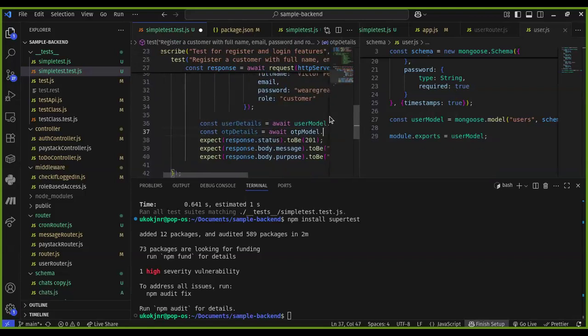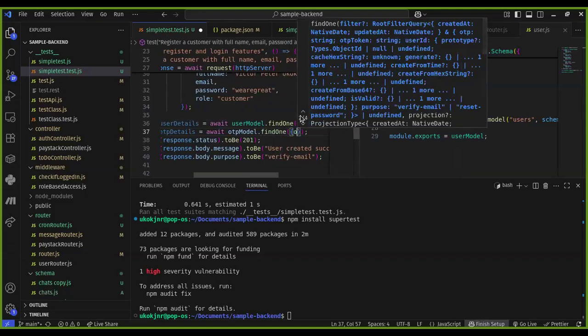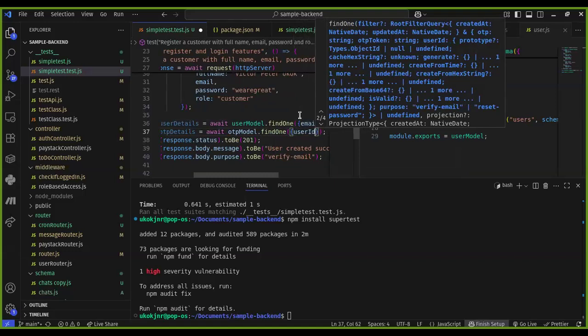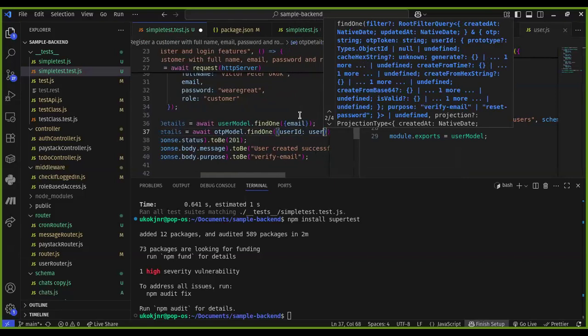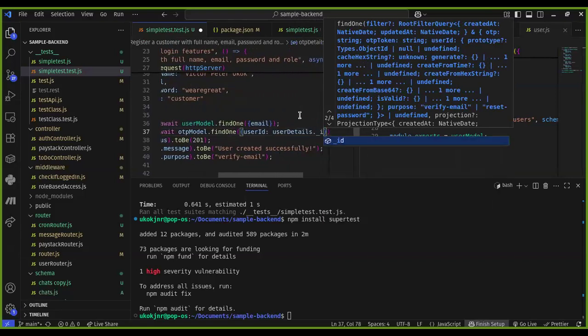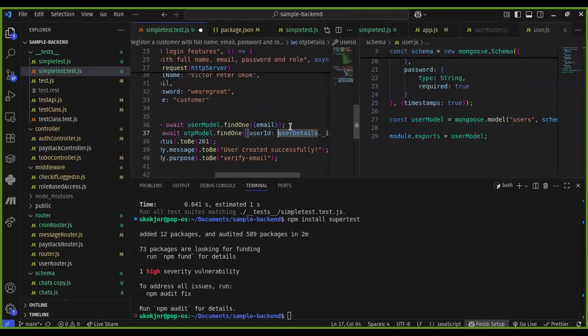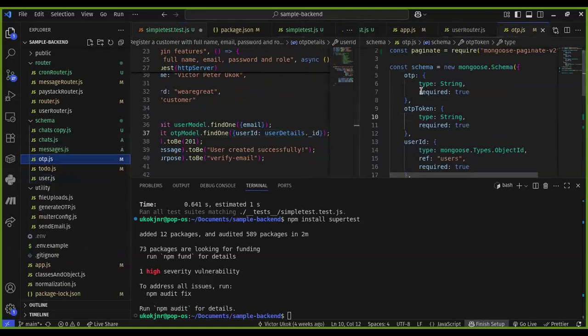Yeah, OTP model dot find one, and then you want to find one where the user ID is user details dot underscore ID. So with this, right, it will check. Now, also, what are the other things that are in the OTP model? You want to check,